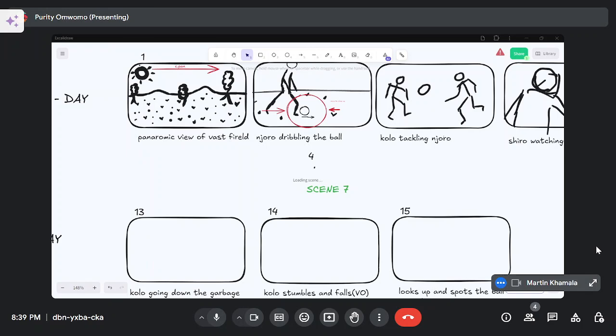Okay, that's interesting. But what I see there is an opportunity to use the opposite nature of what's going on with Kolo, which is funny and busy, to introduce a very calm and pensive and serious Njoro. You see what I'm saying? So it's almost like the noise before the calm, like the calm before the noise, that kind of yin and yang thing. So I like that.